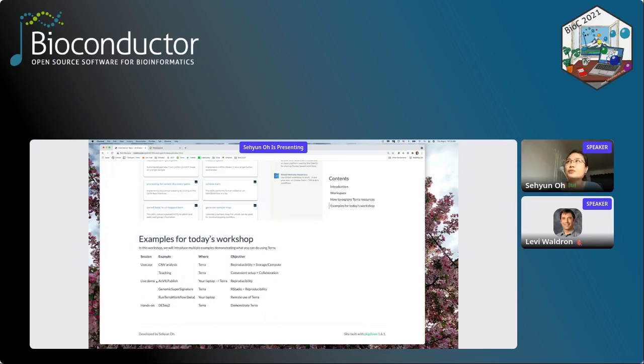In the use case section, I will show you how to use Terra as a companion part of your publication, and then how to use Terra for teaching. And then in the live demo session, I will go through 3 examples that AnVIL published, which bring the R package into the Terra workspace, and the vignette is in Jupyter notebook format, so it can be useful for